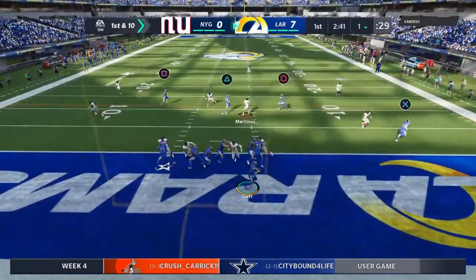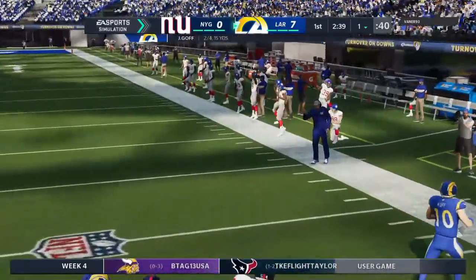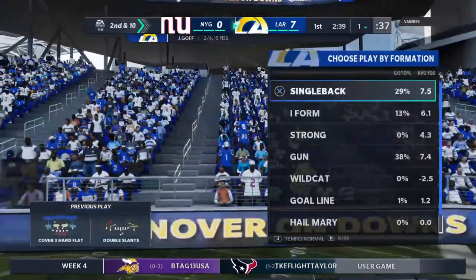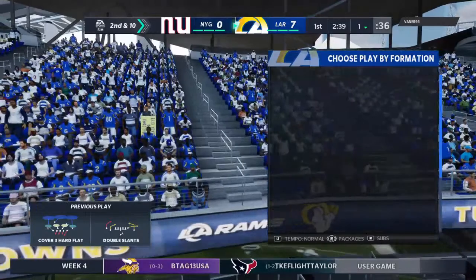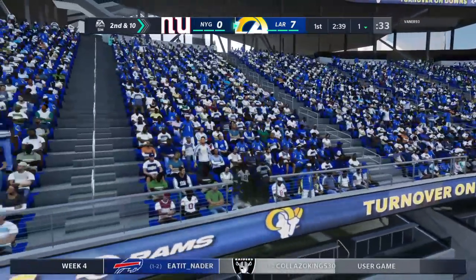From the end zone, gone. Escaping the pressure right. And his throw's going to be incomplete. He was looking for Cooper Kupp there. And it's 2nd down. As soon as I saw him break contain and get outside, my first thought and my